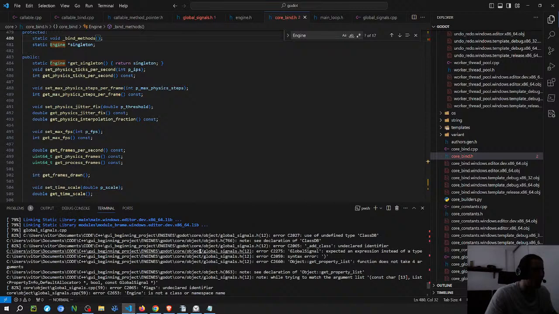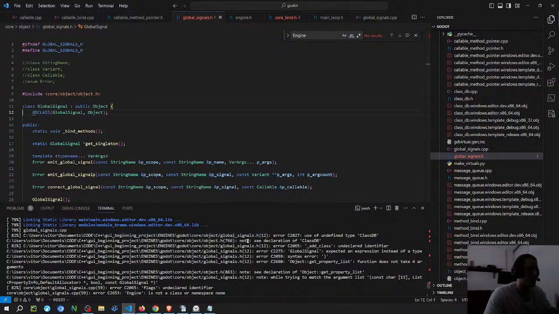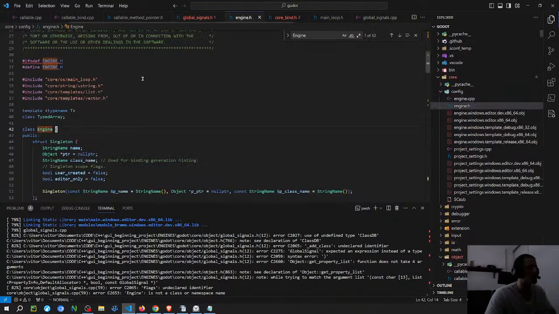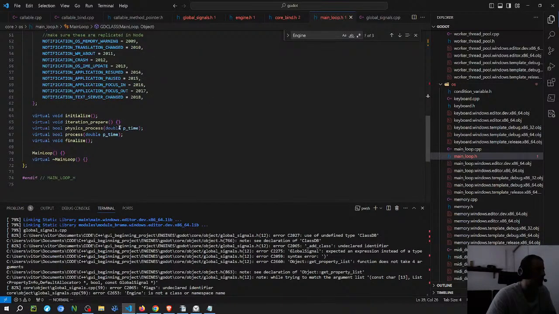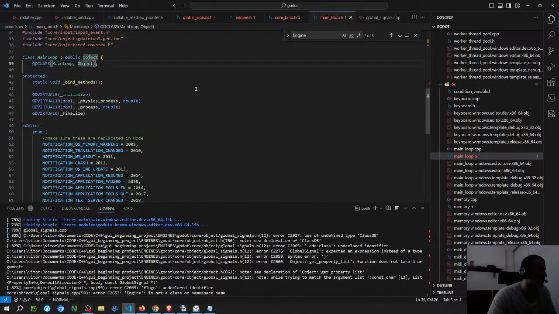So the reason for these problems might be the way that I'm implementing bind methods. I'm not really sure. Because now I don't have anything related to class DB in the implementations.